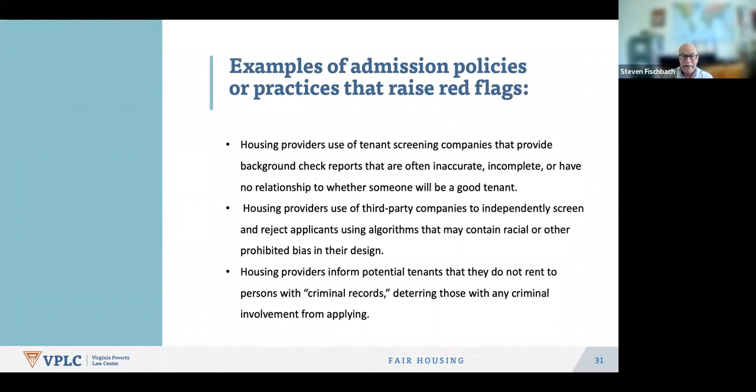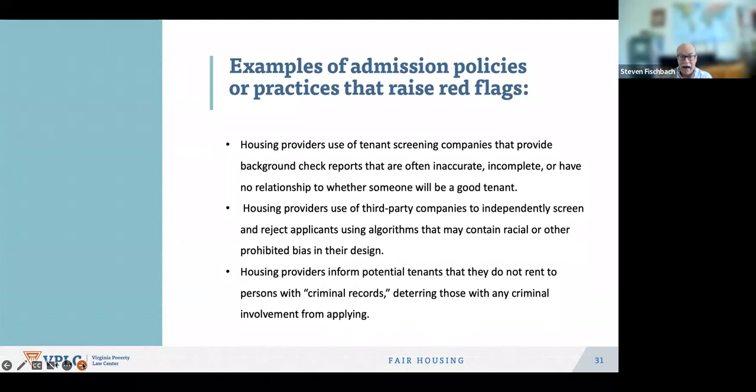A related issue of practice would be the use of third-party companies to independently screen and reject applicants using algorithms that may contain racial or other prohibited bias in their design. This is something that you may not easily learn about. I mean, your client probably won't know, but there may be information that you receive that suggests that may be